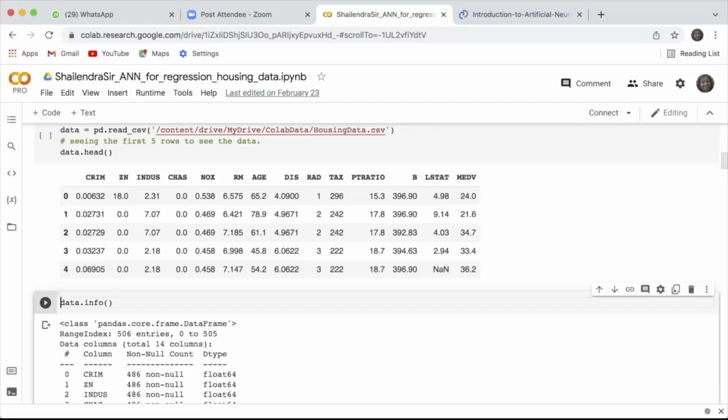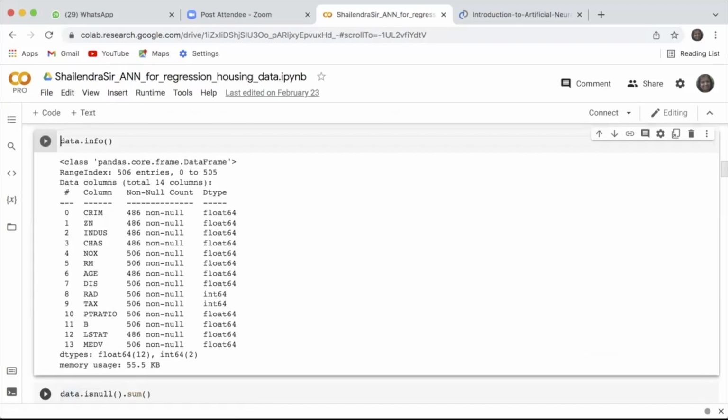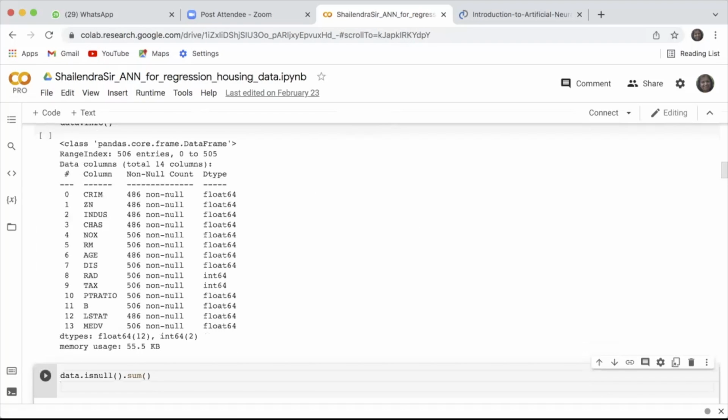So then we are running the command data.info, which is giving us some more information about the data. As you can see, 13 columns are there, out of which all of them are numeric, because they are either float or integer. We don't have any categorical column here. And then if we see, there are total 506 entries, meaning 506 observations or 506 rows in the